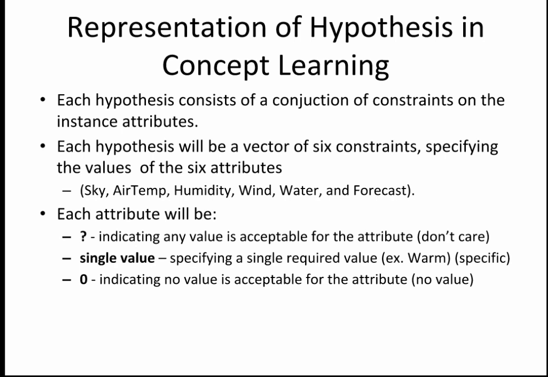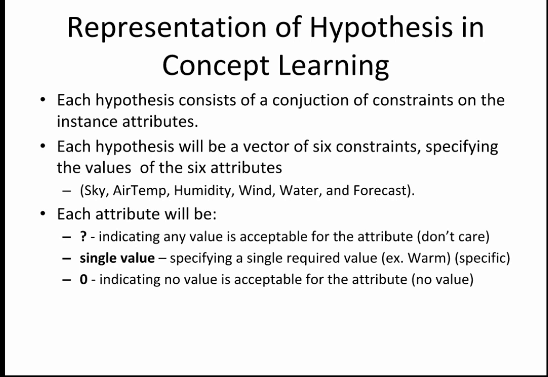How this is going to work, let us understand. First, there are three possible values that an attribute could have in a hypothesis. Now we are saying that the hypothesis will be a set consisting of any value for a particular attribute. Over here we have 6 attributes, so it will be a combination of 6 values from all those attributes. Not all the values at a time, one value at a time. But apart from this one value, that we are considering as the domain or the possibilities of values for that attribute, it could have two more values that have been designated with a question mark and 0.